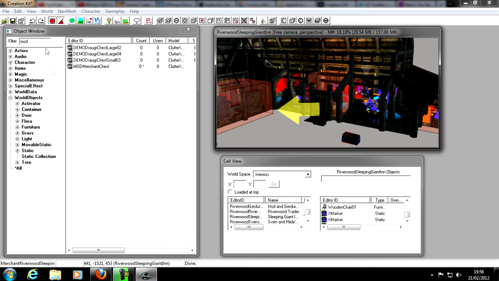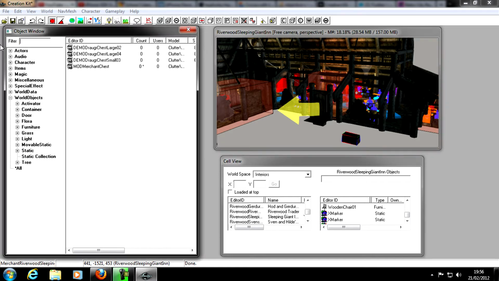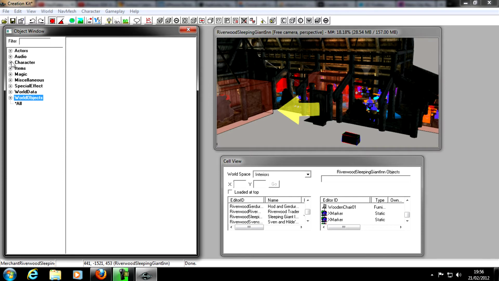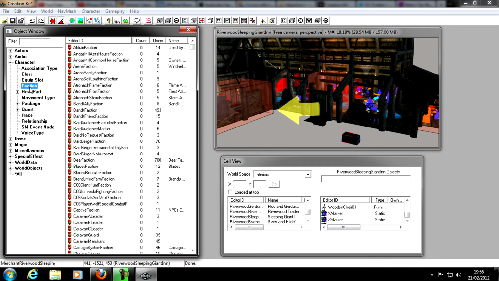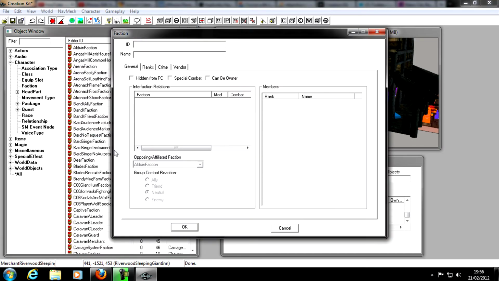The way we do that is we delete our filter first, and go into the character category and into faction. Here we can just right click any and click new, and we'll have something like this. What we want to do is give it an ID, of course. I'll think of something fairly original like merchant faction. Yeah, spell that right, just checking. Name, whatever you want, this doesn't really matter. You don't even need to put one if you don't. I'm just going to call it John's Merchant